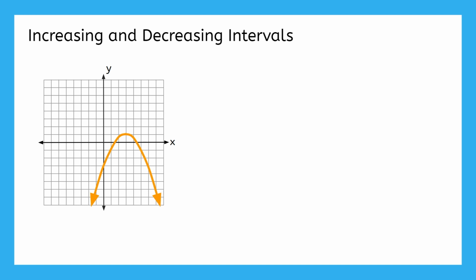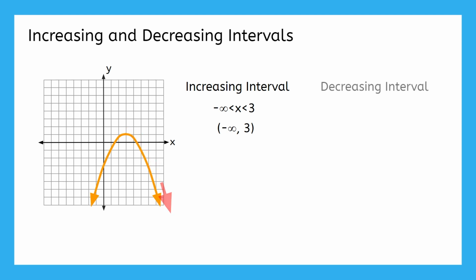All right, let's see. We have that this parabola is increasing for x values smaller than 3 and decreasing for x values greater than 3. Remember that at a single point, a function isn't increasing or decreasing, so we have to make sure that the 3 is not included in either interval. This is why the inequality next to the 3 did not include the equal to part. And we use a parenthesis rather than a bracket.